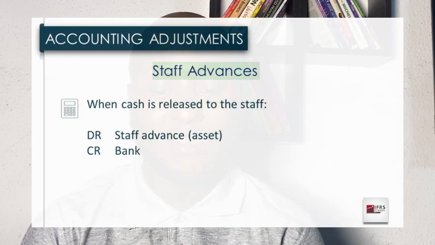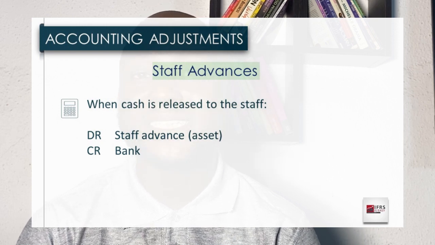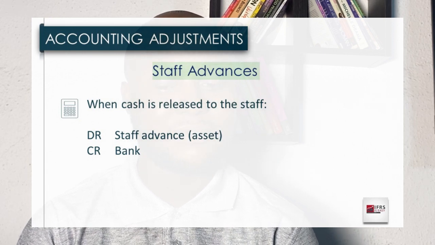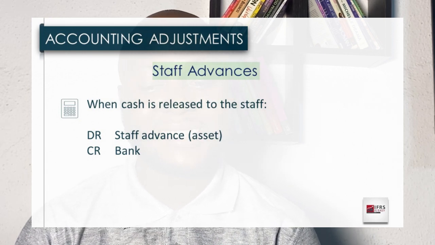Alright, so that is it about staff loan. So let's now talk about the non-financial asset bit of it, which is the staff advances. Remember we said that staff advances are given to employees for business needs, and so what it means in essence is that the company has prepaid for an expense, because what they are expecting in return is a service, not cash. So how do we account for that? So basically, as at the point when the cash is released to the staff, what the company does is to debit a staff advance, which is an asset, at the actual amount that it gave out to the staff, and then credit bank for releasing that cash.